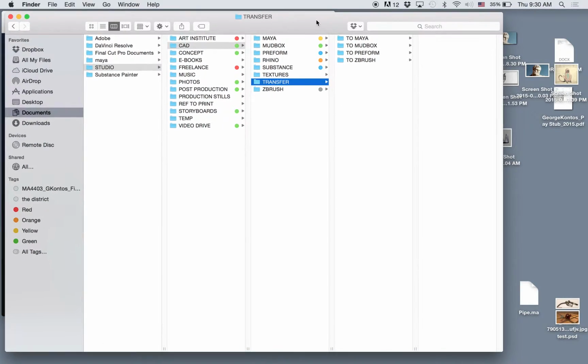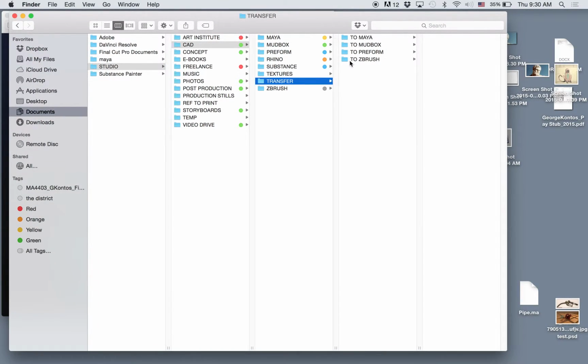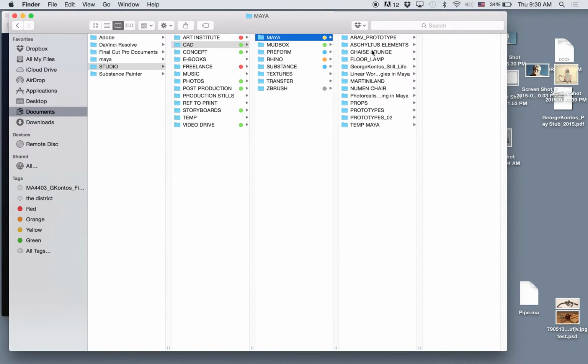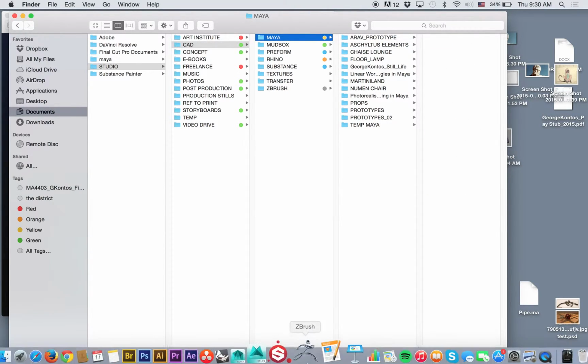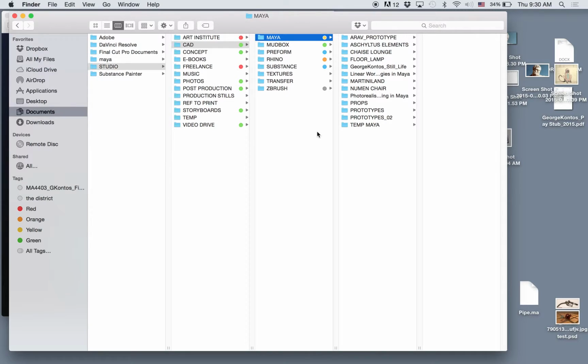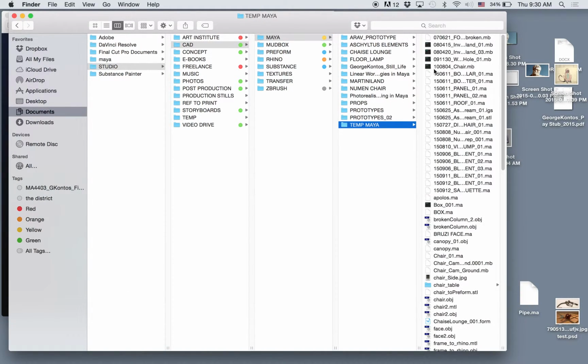Okay. So we can look at the screen, right? That's fine. So that's why I have all these folders. Everything is there and everything should be dated. Not all, but most of it should be dated. So under Maya, I have all these files. I'm going to open Maya right now and show you how you would get something like